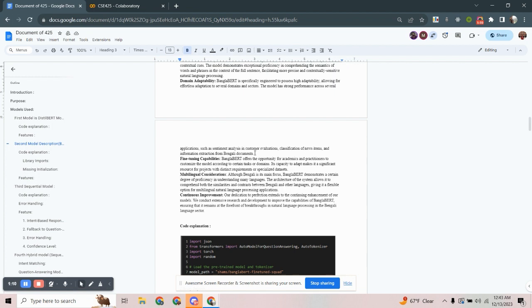Engineered for high adaptability, BanglaBERT seamlessly transitions across various domains, excelling in applications such as sentiment analysis, news item classification, and information extraction from Bangla documents.